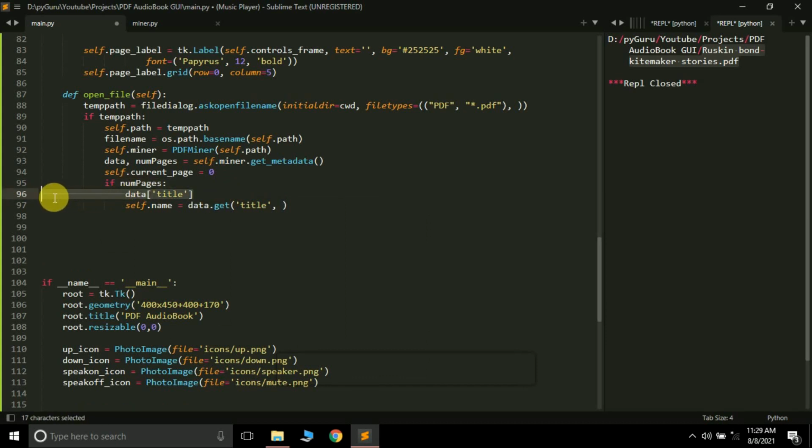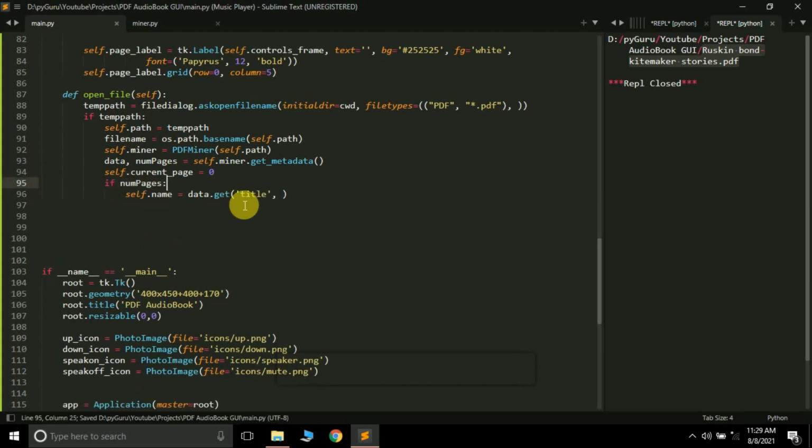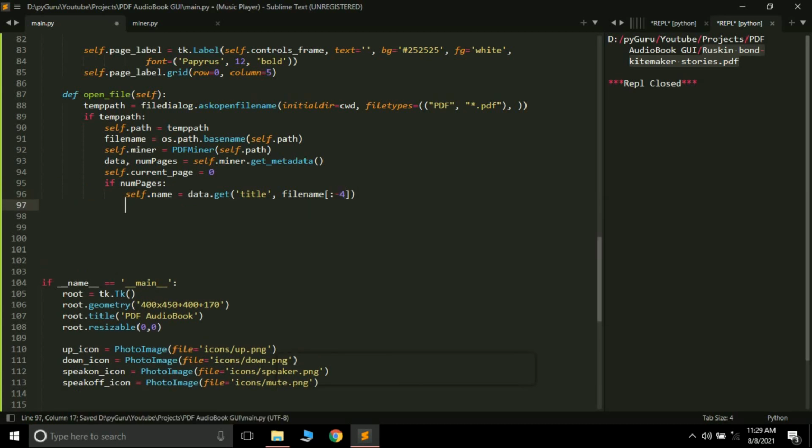Now see, it's not necessary that all PDF files have a title. That's why we are using get, and here we are just going to pass -4. We are just going to remove the last 4 characters of it. Then self.author.